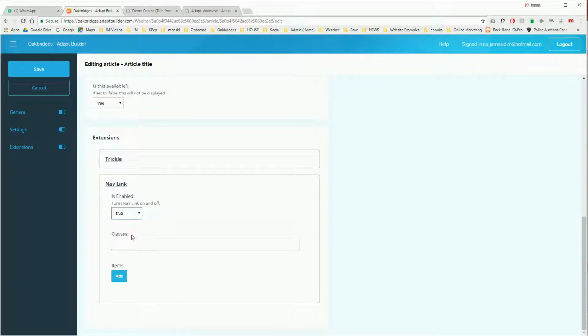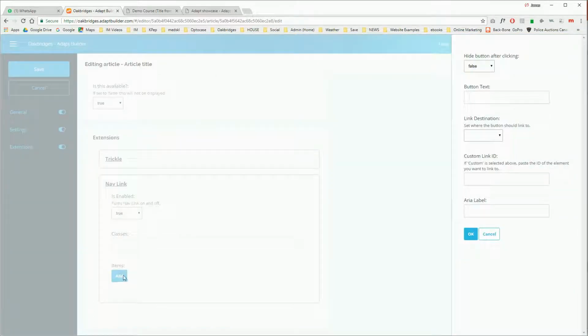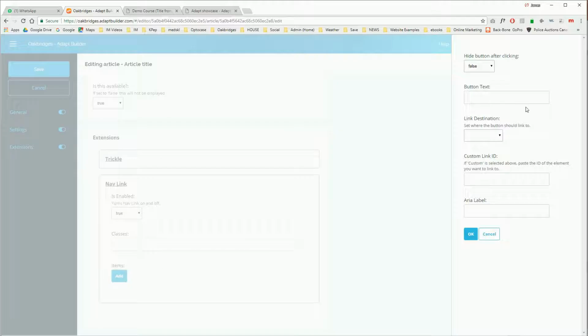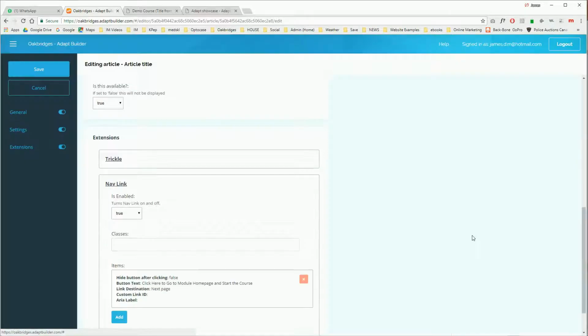I click true because I want to turn it on. And I want to add a navigation item. And what I want it to say is "click here to go to the module homepage and start the course." So I had that text already set up. So here's the button text. Now the link destination in this case is simply next page. So whenever I click the button, it's going to go to the next page. You could put a custom ID number in there from a specific page if you wanted to. Click OK